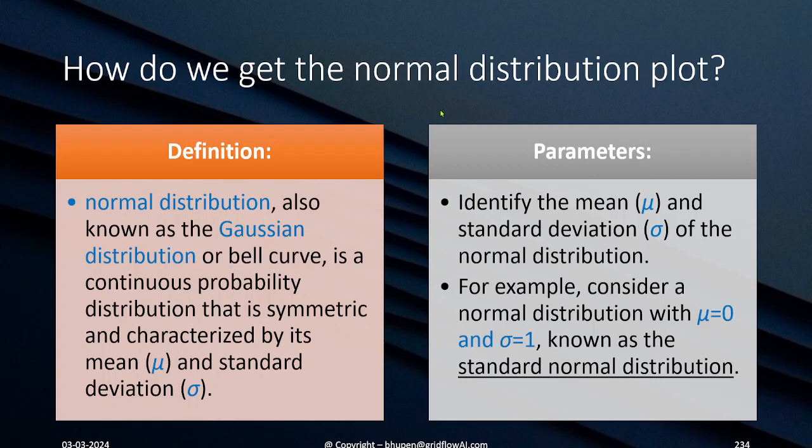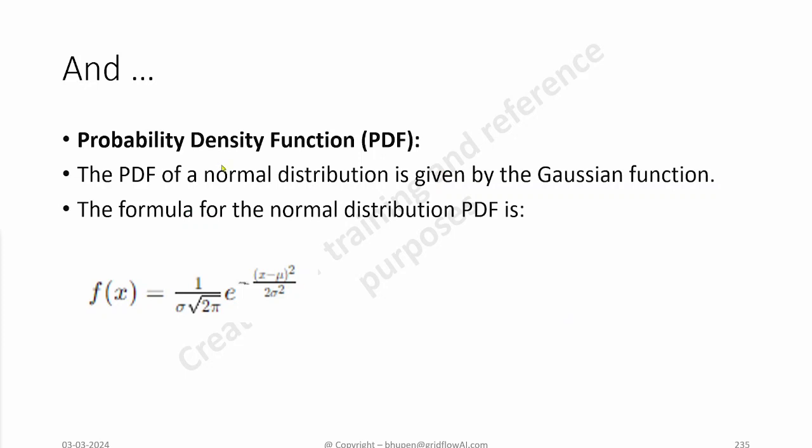Now we talk about the normal distribution. How do we get normal distribution? Essentially, a normal distribution is characterized by two parameters, mean and standard deviation. When the mean is 0 and standard deviation is 1, that's a special normal distribution called standard normal distribution. So the probability density function is computed by using this formula. We talked about it a while ago, and this is the Gaussian formula for normal distribution,